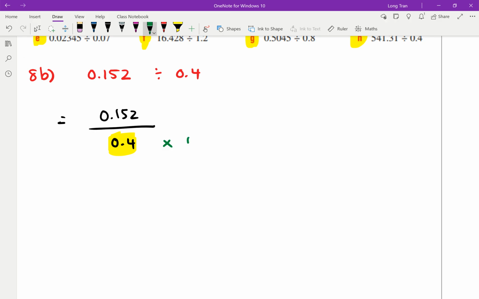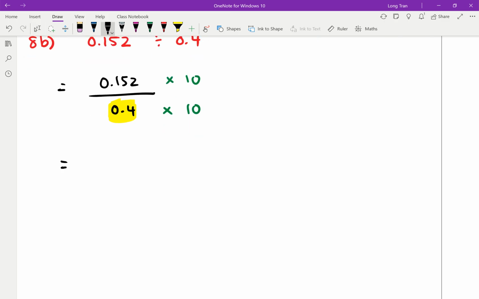10. But remember back in chapter 3 or exercise 3A, equivalent fractions, you can times the bottom by 10, but you also have to make sure you times the top by 10. This is where it's different to multiplication. If you times it by 10, you now get 4 in the denominator, which is good. We know how to do it when it's a whole number. Don't forget to do the top by 10 as well. And that means you now get